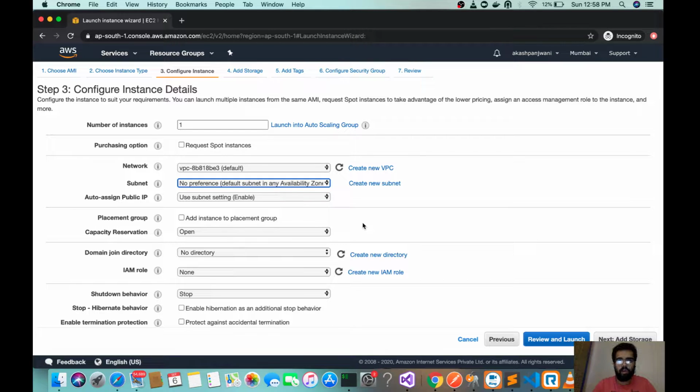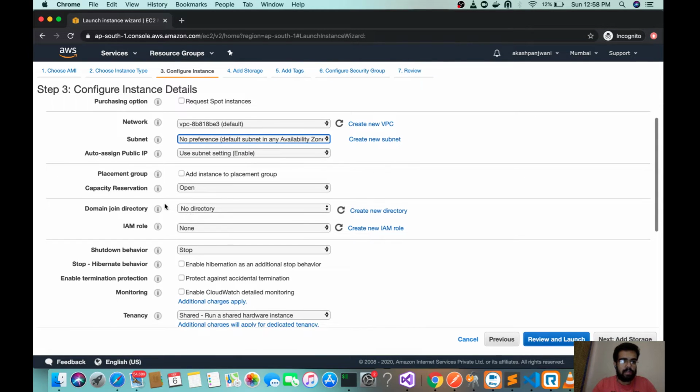I just want to tell you how the basic commands work under the Linux environment, without going into much detail on public and private subnets and VPCs. The next part is auto-assign public IP. The public IP will be provided to the instance by the AWS console so that we can log in to the EC2 instance. The capacity reservations I am leaving as default.